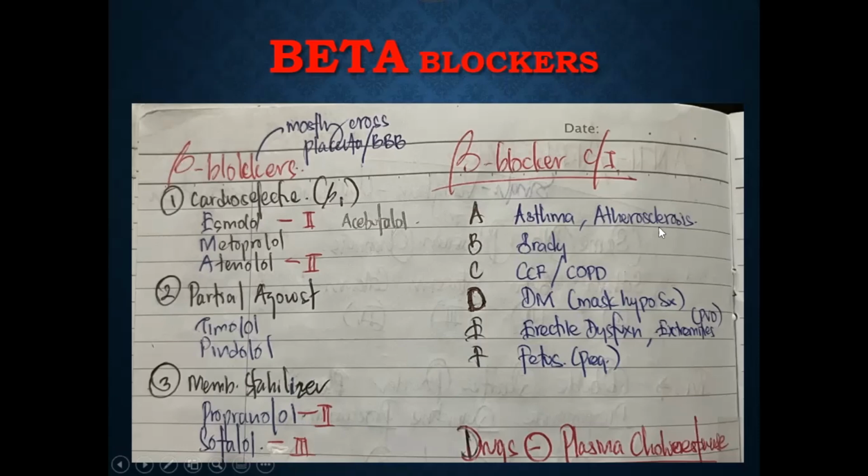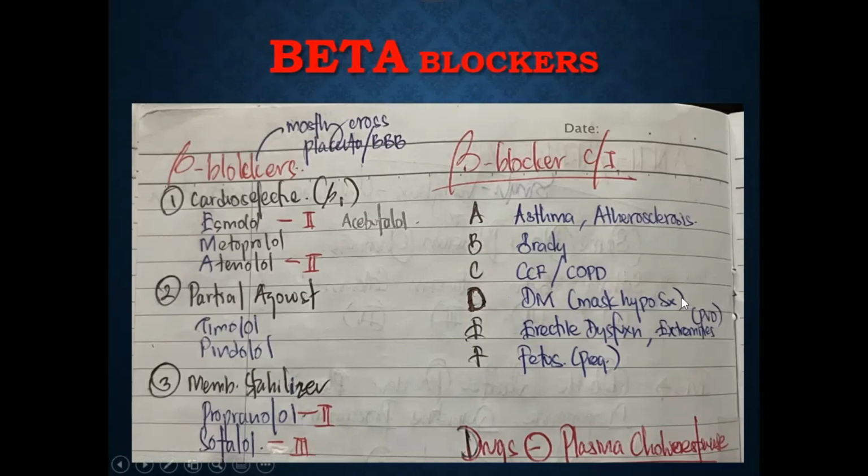A is for asthma and atherosclerosis, we don't give. B, it can cause bradycardia, meaning in patients with heart block, you don't give beta blocker. C, in congestive cardiac failure and COPD patients, again, you don't give beta blocker. D, in a patient who has severe or uncontrolled DM, if you give beta blocker, it can mask the